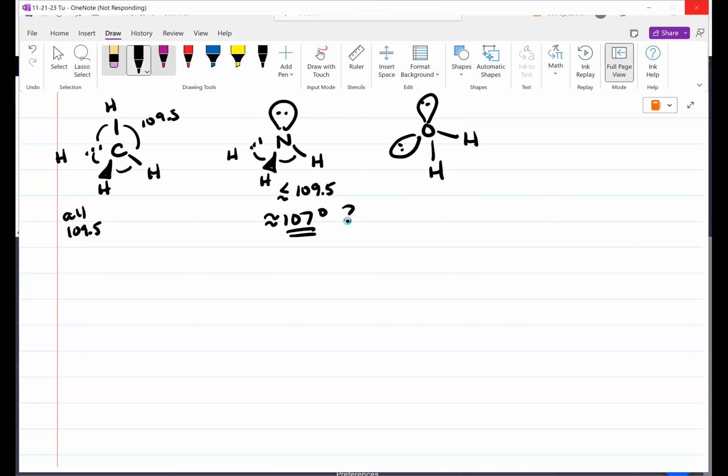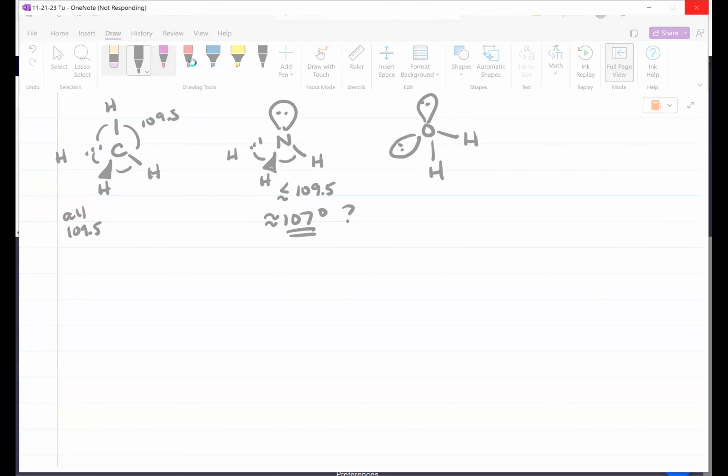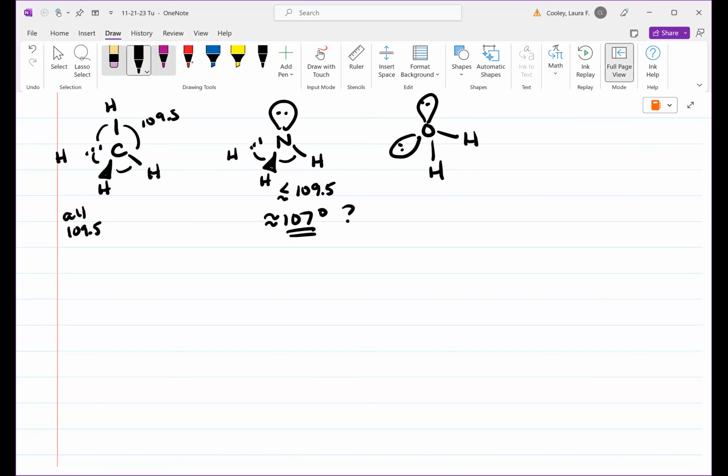So why do you think they might be that way? What does that tell you about what takes up more room, a bond or a lone pair? If these angles in ammonia are all squeezed down a little bit, they're a little bit less than what they are in methane, it's because this lone pair is taking up more space